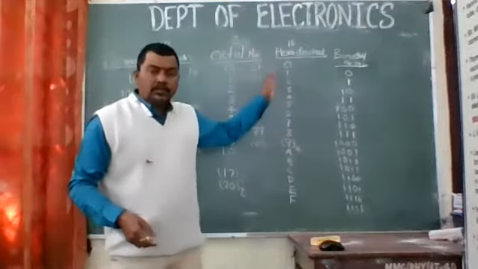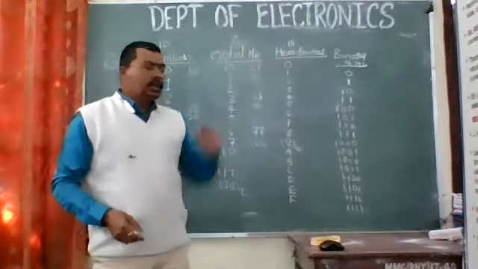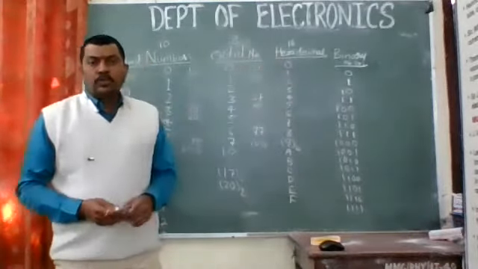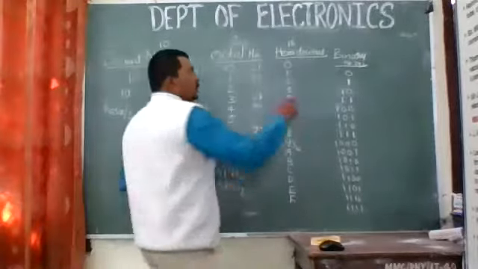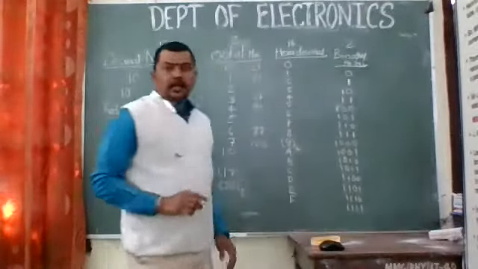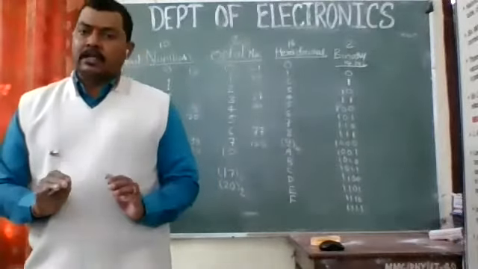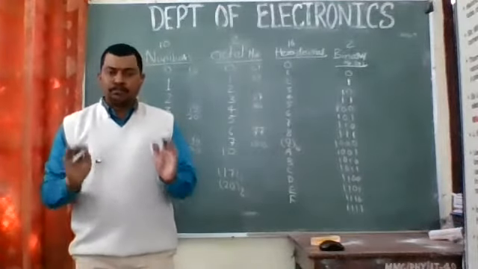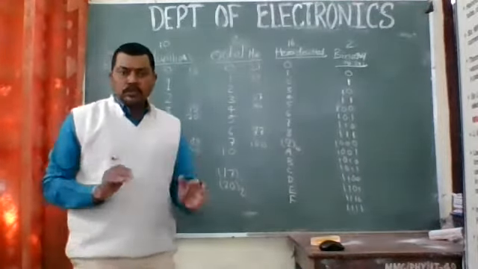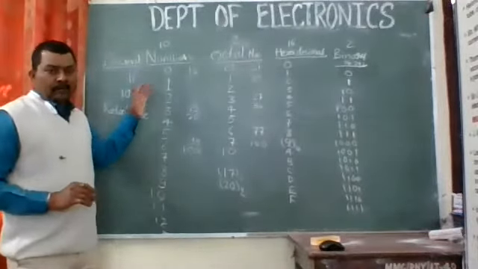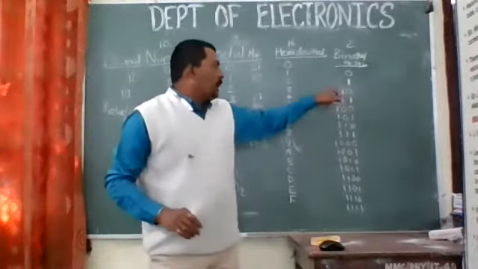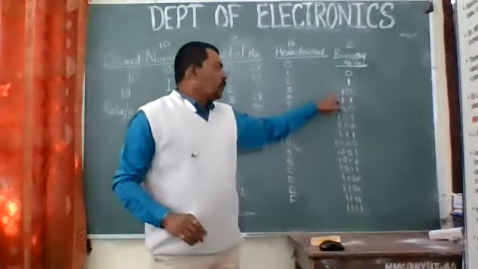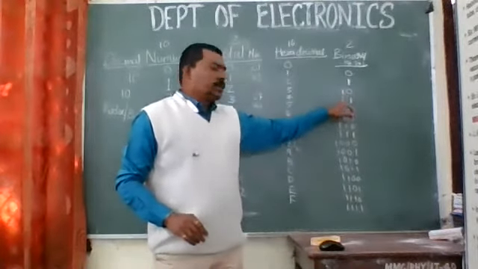So in the hexadecimal number system, we are going to use 16. In the binary number system, we are going to use only 2 numbers. So the radix or base of binary is 2, right? Which implies that we are going to use only 2 symbols of the decimal number system. Those symbols are 0 and 1. So we use 0 and 1, and when it overflows, we again repeat that. So we'll have 0 and 1 again, and if you add, it will be 1, 1.